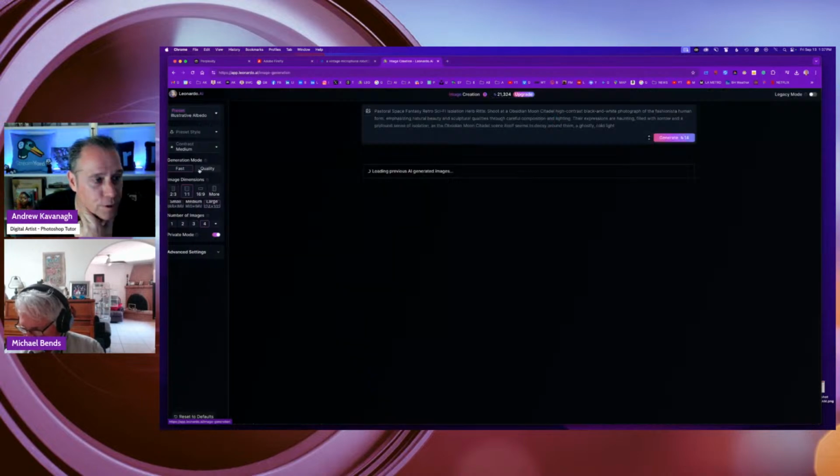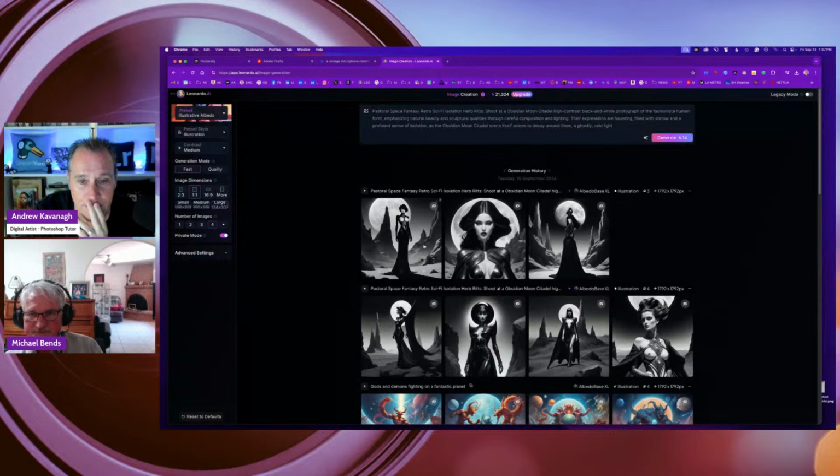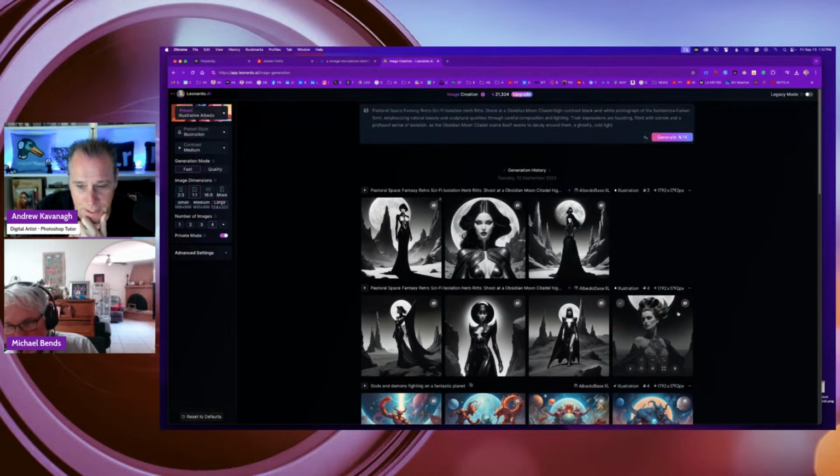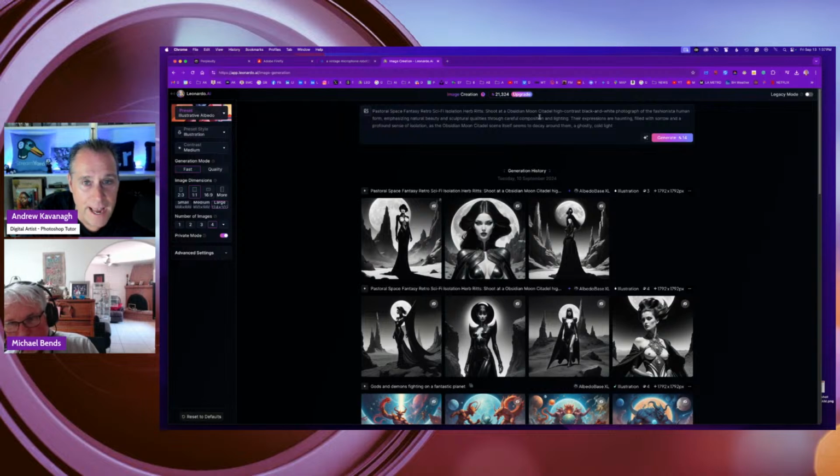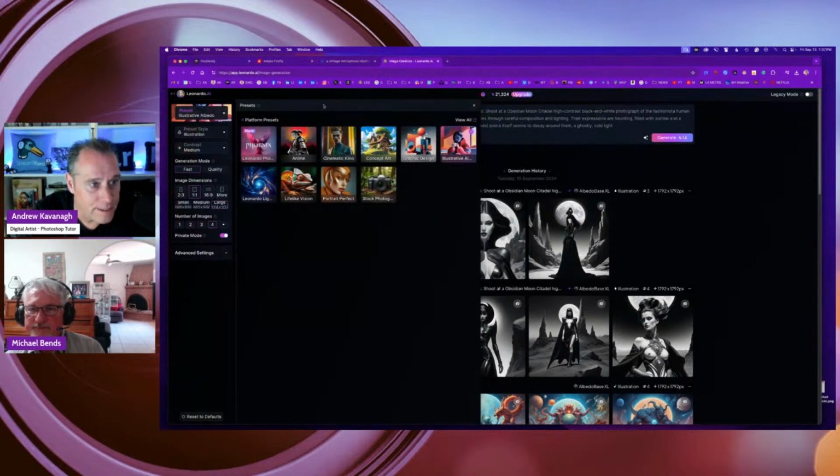So what you do is you go to image creation, and this is some of the images I've created recently. And then it even has the last prompt that you had. And here I did have like reference to Herb Ritz, Obsidian Moon Citadel. So, I mean, you can be more descriptive here. So what happens first is there's presets. And so you just have to hover to get a kind of definition of what you get. Lately, I've been enjoying this kind of illustrative AI style preset.